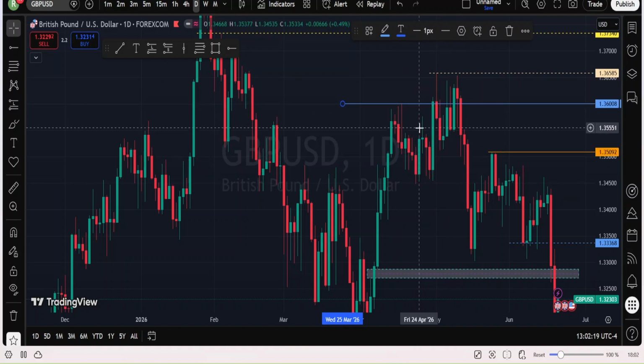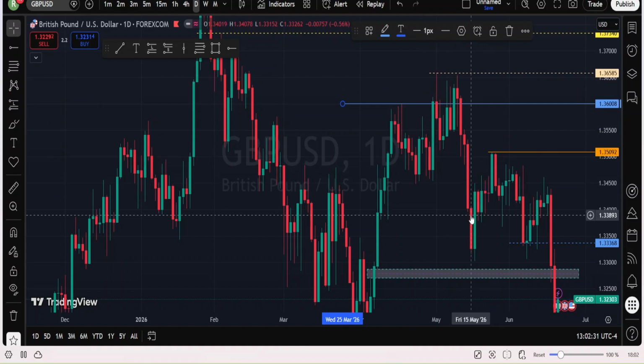Those people who are sure that price will definitely go down are putting their stop loss maybe here, and trying to go down in this area. Price came back and took people out before continuing to move down. So those are the areas where smart money normally engineers price to hunt liquidity.